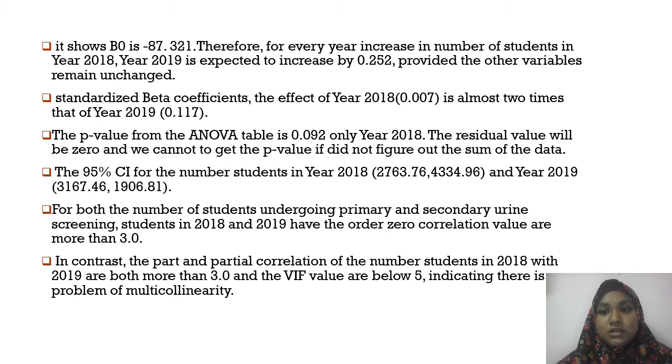The standardized beta coefficient for the effect of 2018 is 0.007, which is almost two times that of year 2019, which is 0.117. The p-value for the ANOVA table is